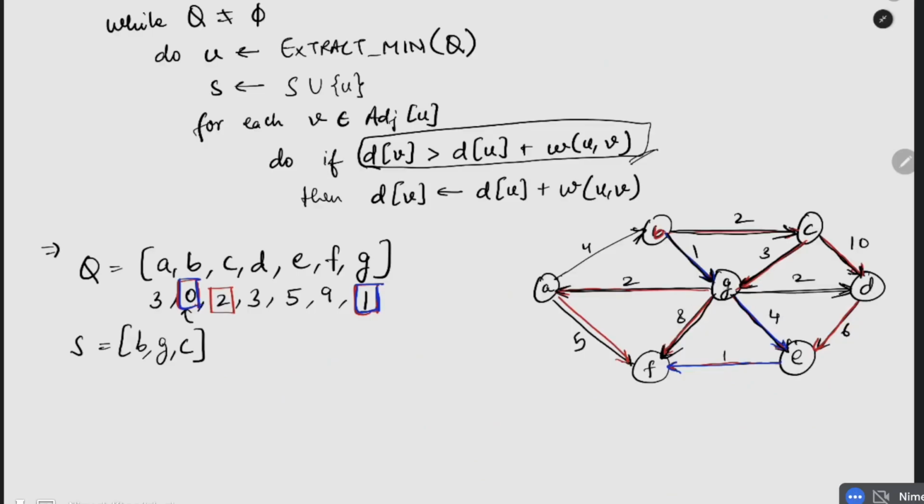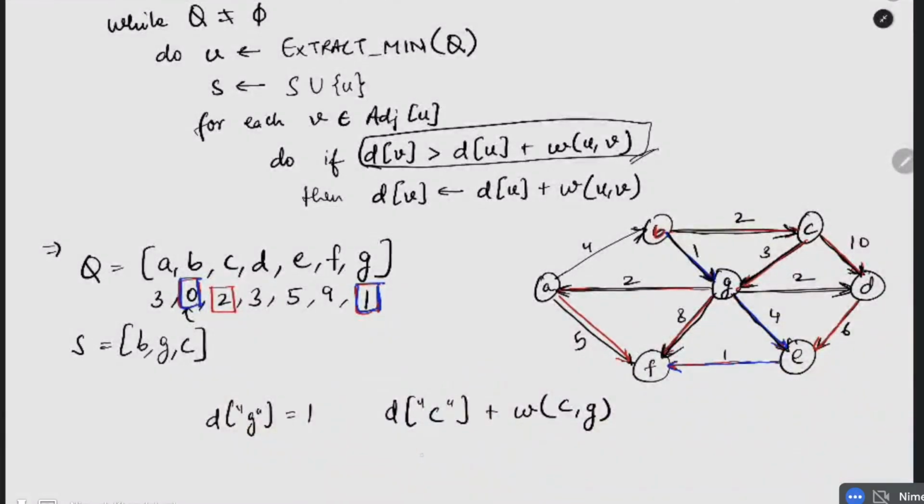And similarly for G, right? D for G right now is 1, and D for C plus the weight between C and G is 2 plus 3, that is 5, right? So again, we do not update because the condition is not met. So nothing gets updated, but now C has been marked as visited. Okay. Now in the next iteration, we